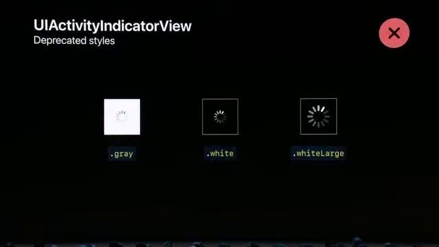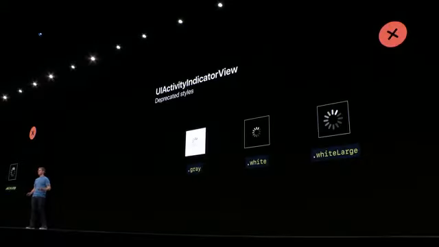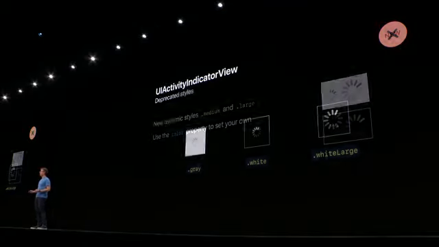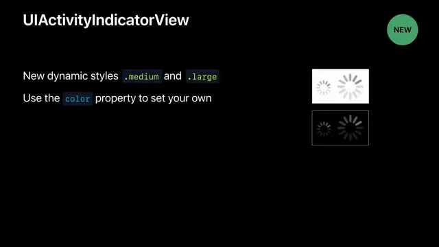Next, let's talk about activity indicators. In iOS 13, these existing styles are now deprecated, because they were implying a very specific color appearance, which doesn't really make sense anymore. But in their place, we've introduced a handful of new styles, which are just based on the size of the